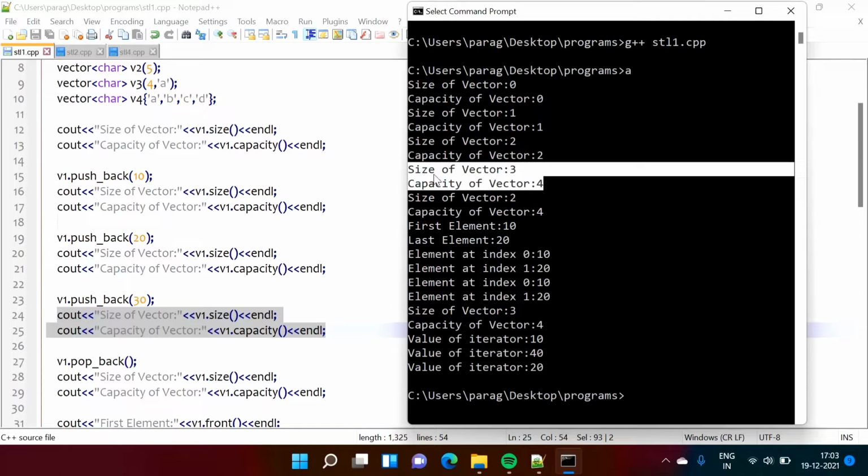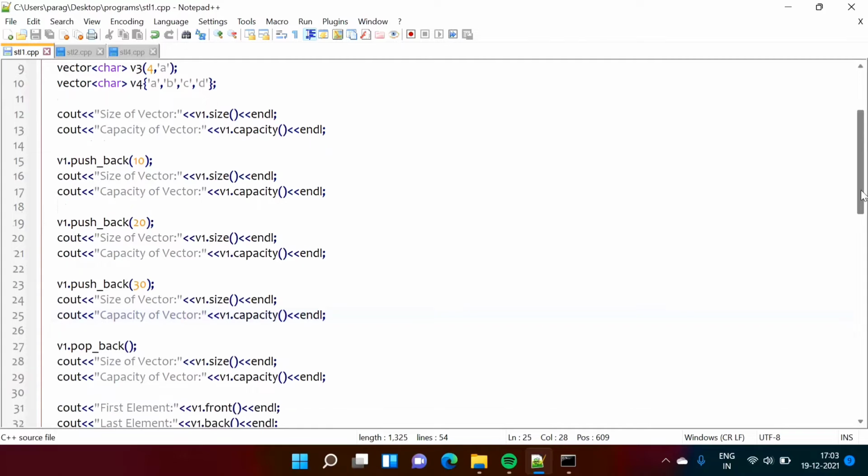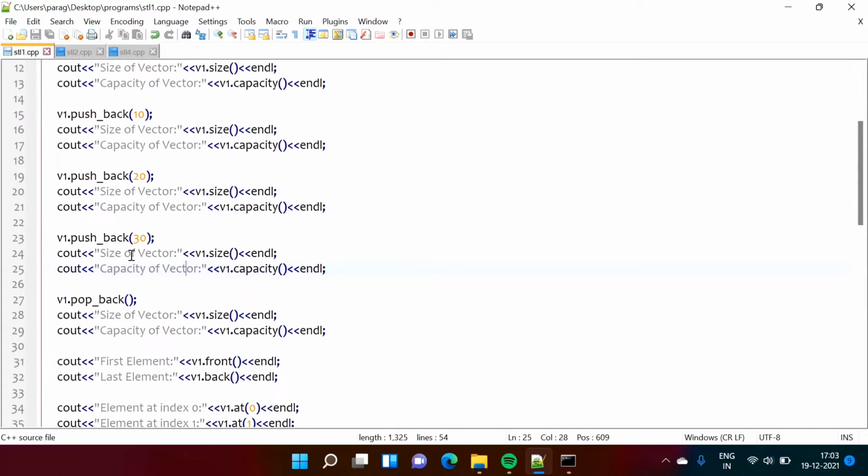Now see, the difference between size of the vector and capacity of the vector is, size means how many elements are there in the vector, while capacity means how many elements it can hold. So that is the capacity, how many elements we can add there. So see here, size got increased by 1 because 1 element we added, and capacity got doubled. Capacity got doubled, so that I already told, capacity gets doubled every time whenever it is needed. Now see, so now our vector has 3 elements: 10, 20 and 30.